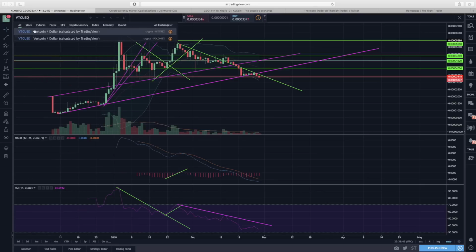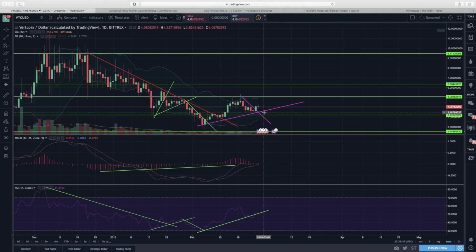Vertcoin, see if Vertcoin has been able to move higher. It looks like Vertcoin is experiencing a very flat doji candlestick right now. We are still above the middle band, still above our uptrend line. Indicators are looking pretty good still. Really, we just want to try to get back towards that $5 area and then start pushing closer to $6 and $7. As long as we hold our pink uptrend line right here,